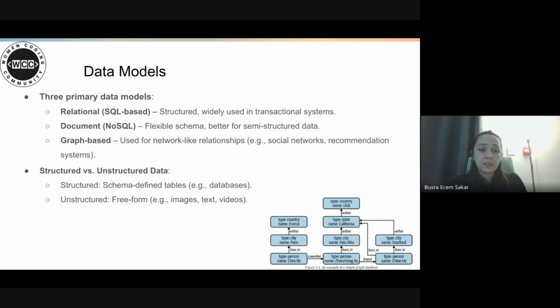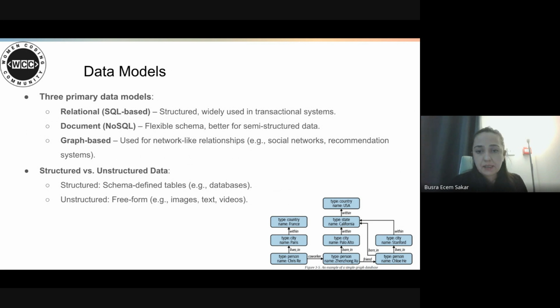And there is document, NoSQL. They are document-based data models, with a more flexible schema, suitable for semi-structured data. For example, they are used by applications like MongoDB, which stores data in JSON-like documents.